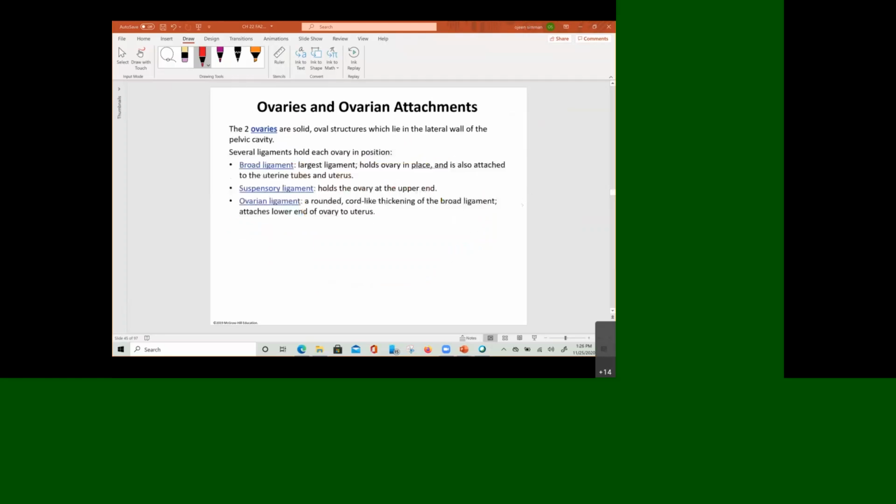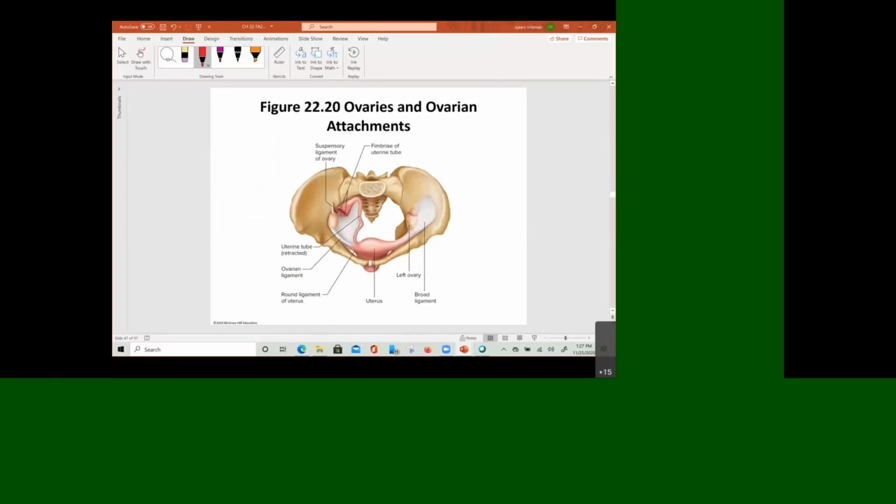All right. So the ovaries and ovarian attachment. So the two ovaries, these are oval-like structures that lie in the lateral wall of the pelvic cavity. The ovaries are supported in position by three ligaments. We have the broad ligament, which is the largest, suspensory, and the ovarian ligament. The three ligaments. So here we have the suspensory ligament, ovarian ligament,